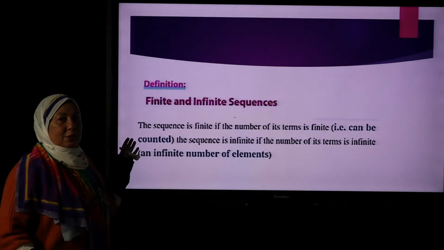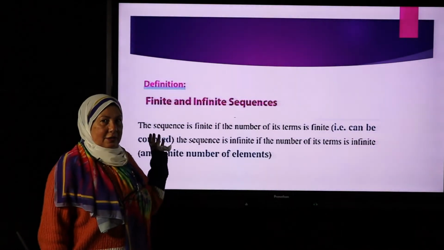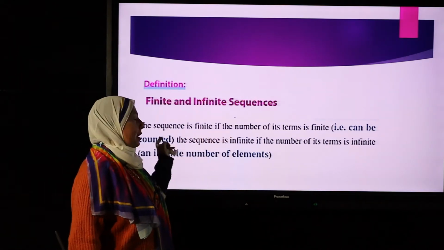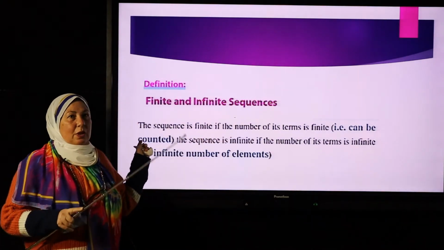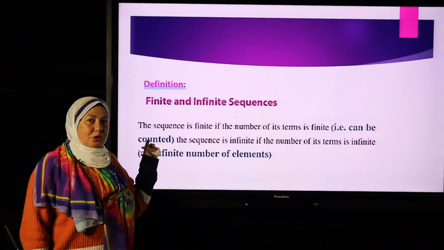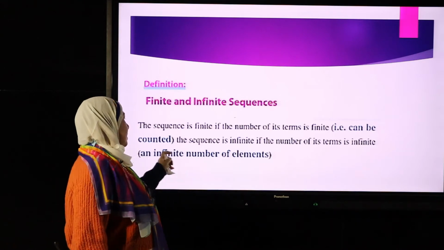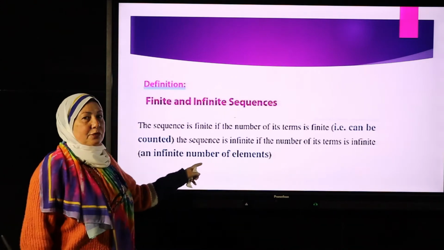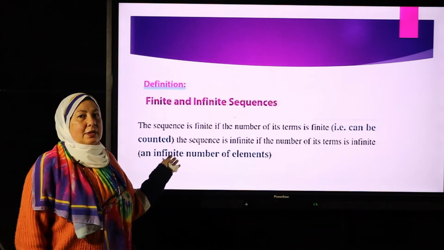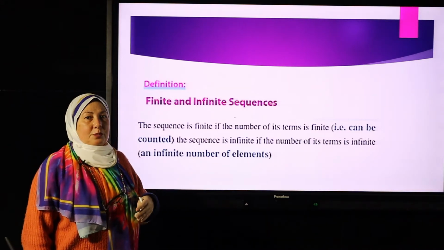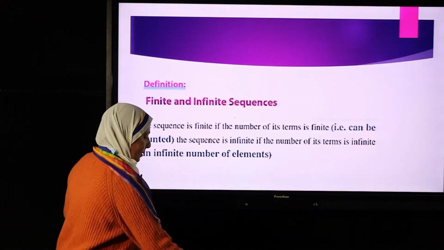Types of sequence. A sequence is finite or infinite. What's the meaning of a finite sequence? A finite sequence can be counted. There are first term, second term, third term, fourth, and so on. An infinite sequence has an infinite number of elements, has no limit, has no end, with a starting term and no ending term. Okay? For example,